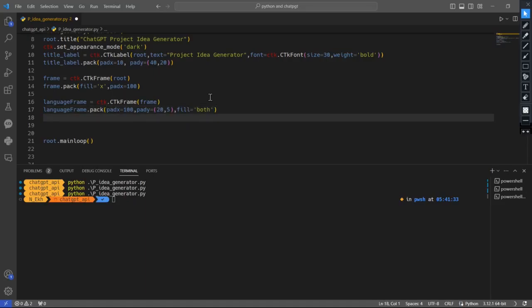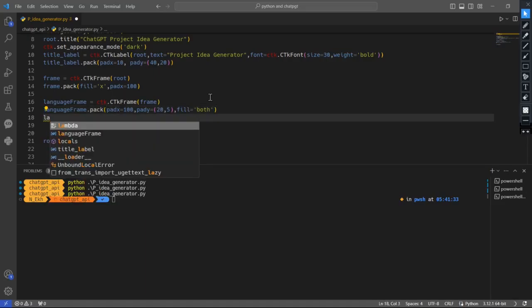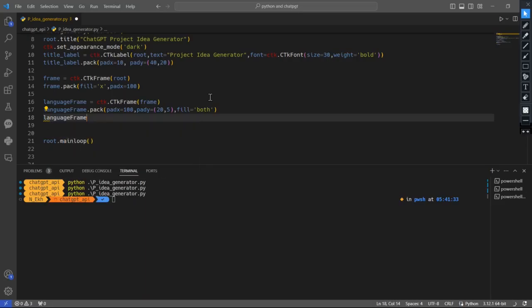So after this we need the label, so I will use the language_label. Underscore label is going to be equal to ctk.CTk